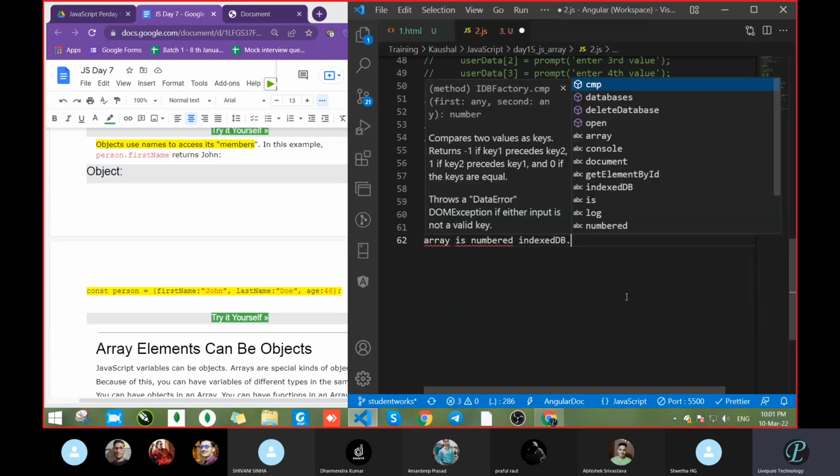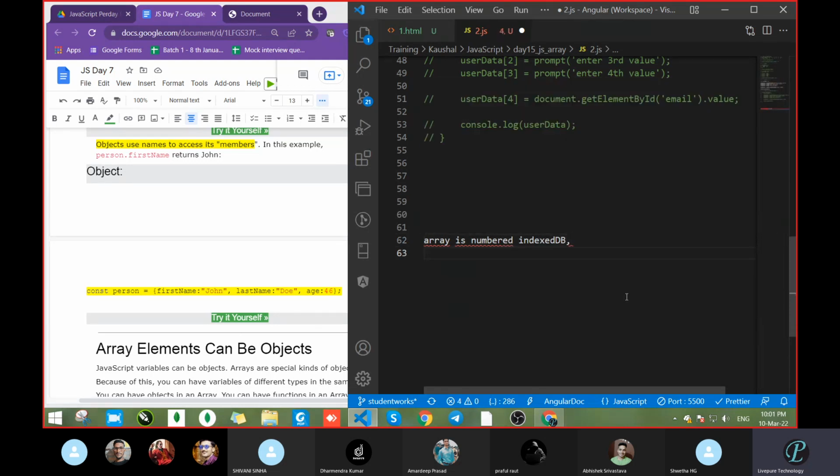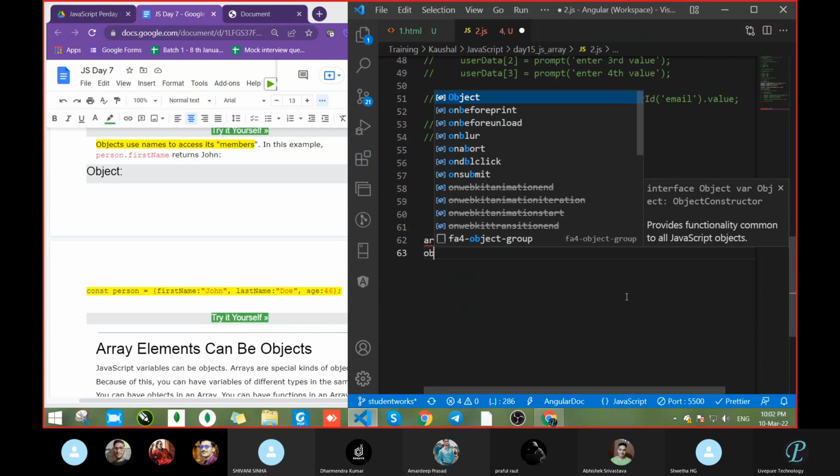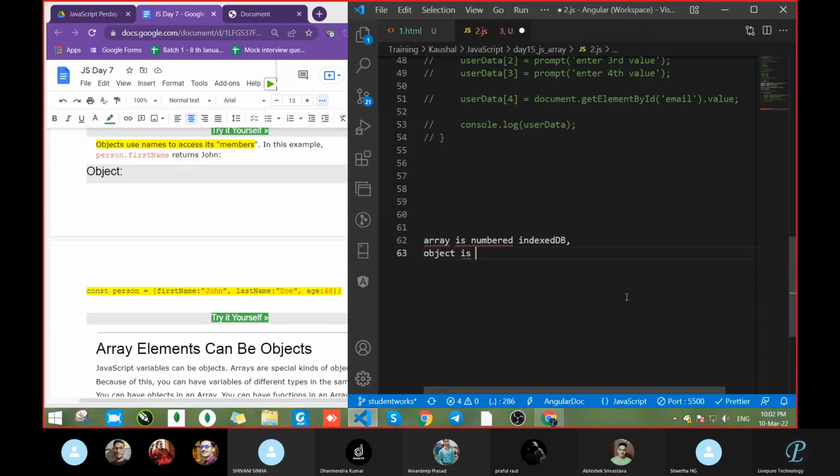Getting it? Now tell me, for an object, what can I write? No, an array is a numbered index, because in the case of an array you get numbers 0, 1, 2, 3. Correct or not? Yes, sir. We get an index value like 0, 1, 2, 3, 4.